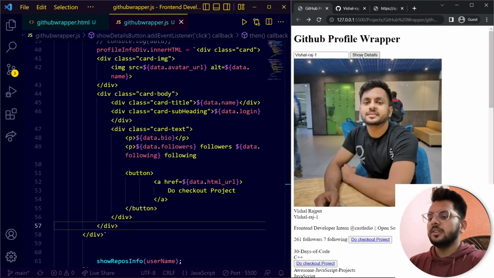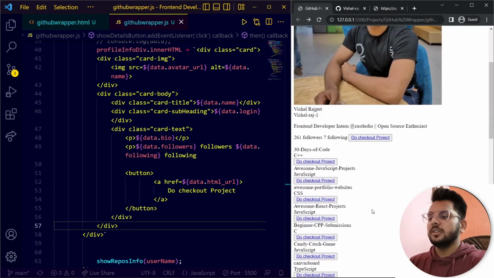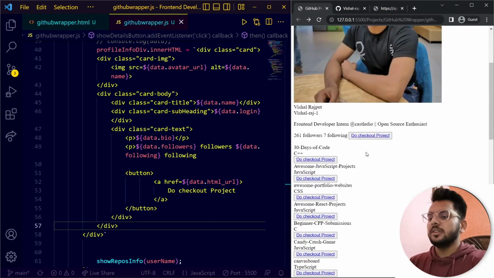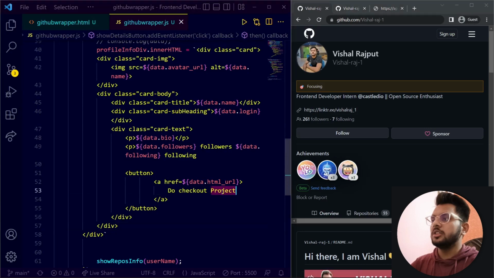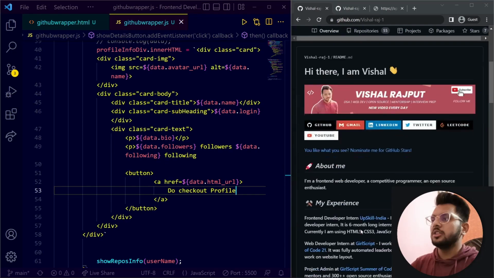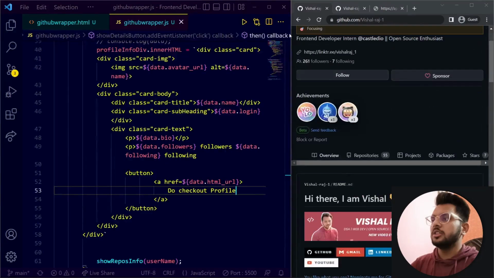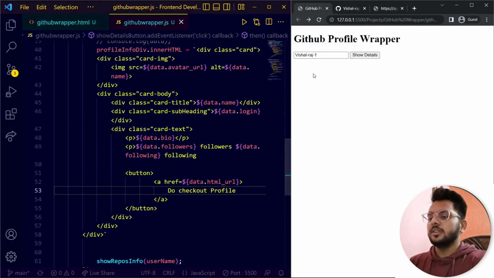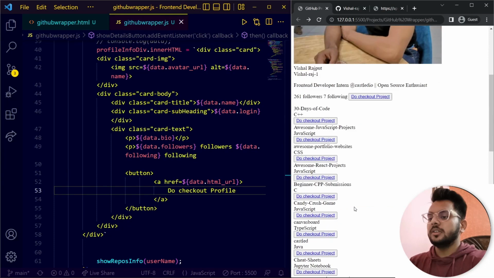So if I click on this show detail button, you can see I got all the data. So let me just click on this checkout project. Rather than writing project, I have to write profile, checkout profile. Okay, so if I click on this profile, I got this at this position. Now if I go back, because I have saved that, it again goes. Okay, so let me just click again. The last time I am clicking,